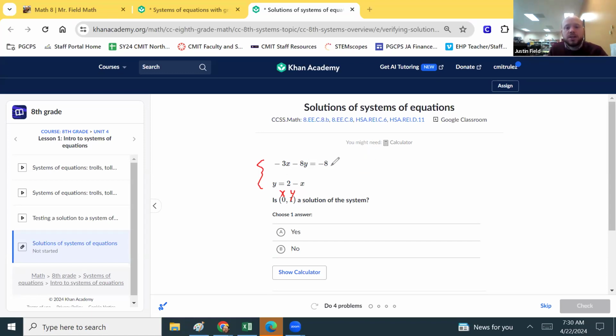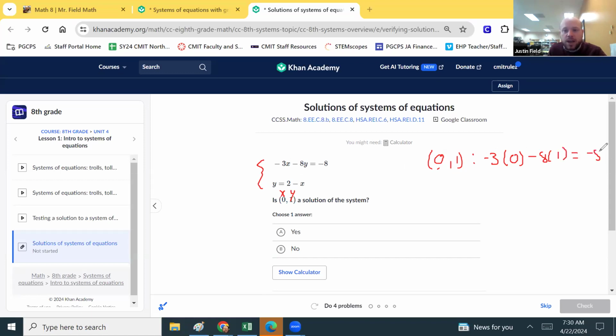Okay, so let's substitute. We're going to substitute 0, 1 into the top equation. So it's gonna look like this. Negative 3 times, instead of x, I'm gonna write 0, and then negative 8, but instead of y, I'm going to write 1